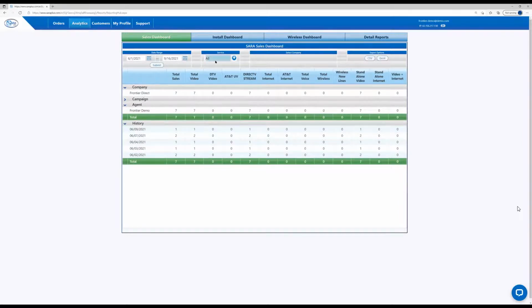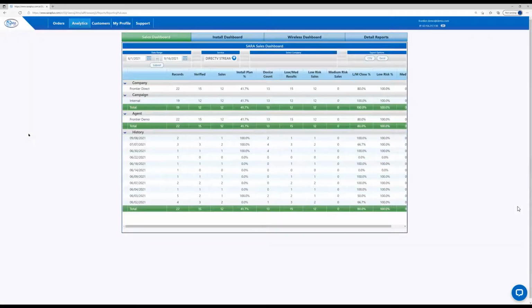So if I want more information on them, I would come up to the service and change it from all to DirecTV Stream. And then when this is done loading, it's going to provide a slightly different view of the report that's more tailored to the DirecTV Stream sales information. So in this case, it shows me how many records were created,